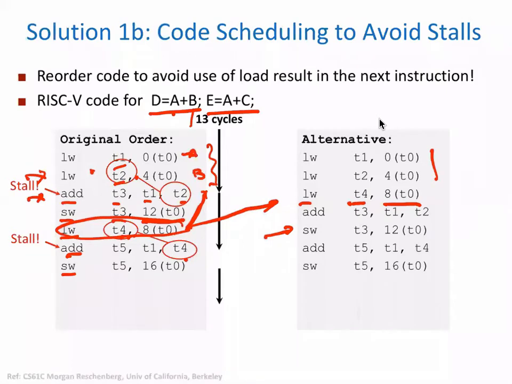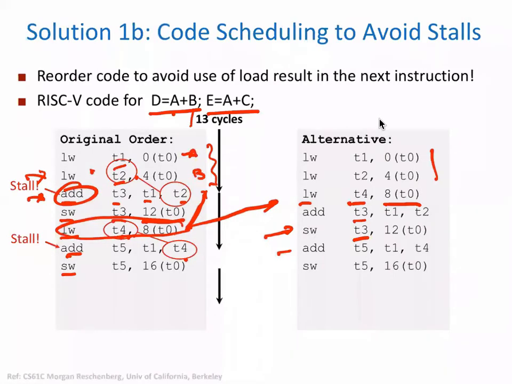Okay, because T3 is available, right? Yeah. Okay, in the same cycle, T3 result will be available. And then we can do add, because this add was causing